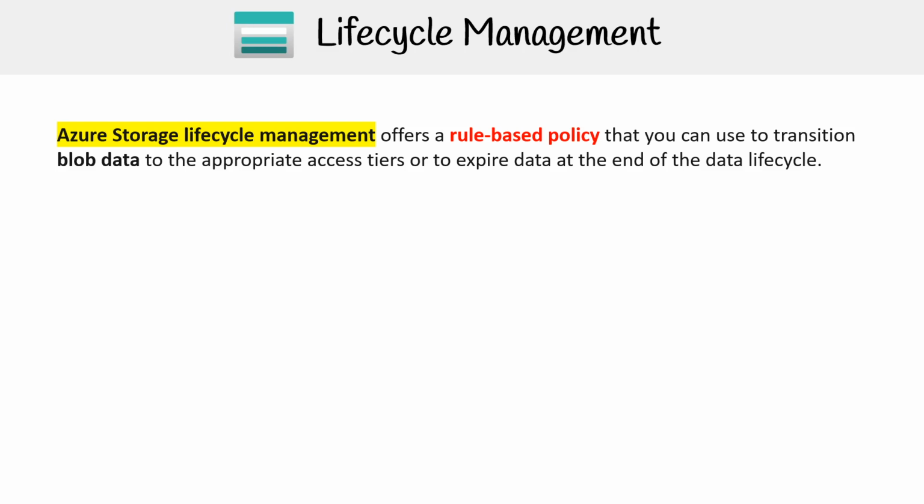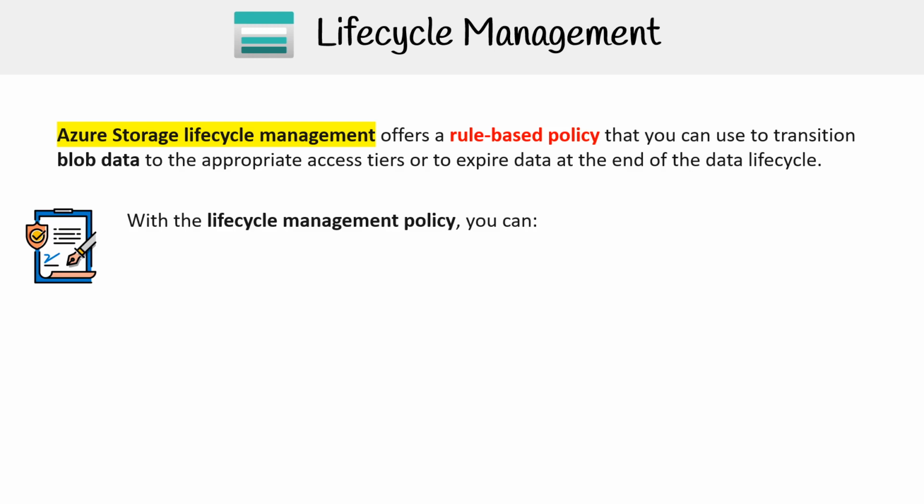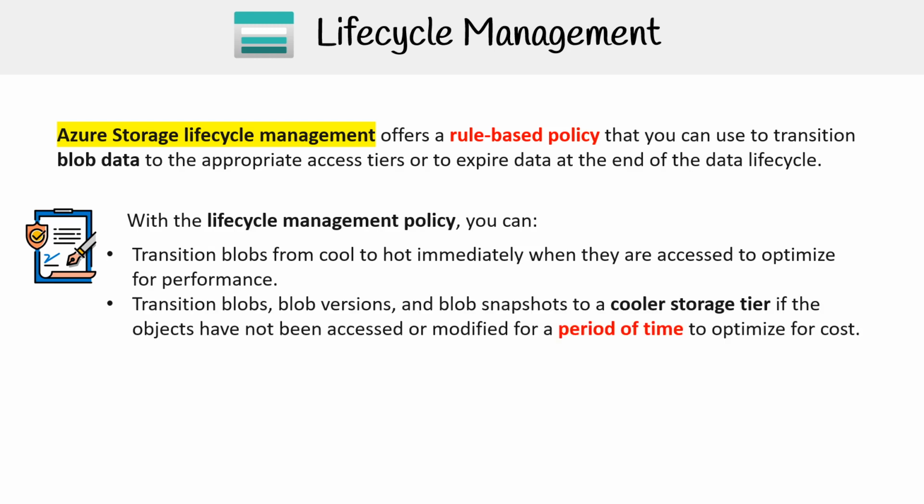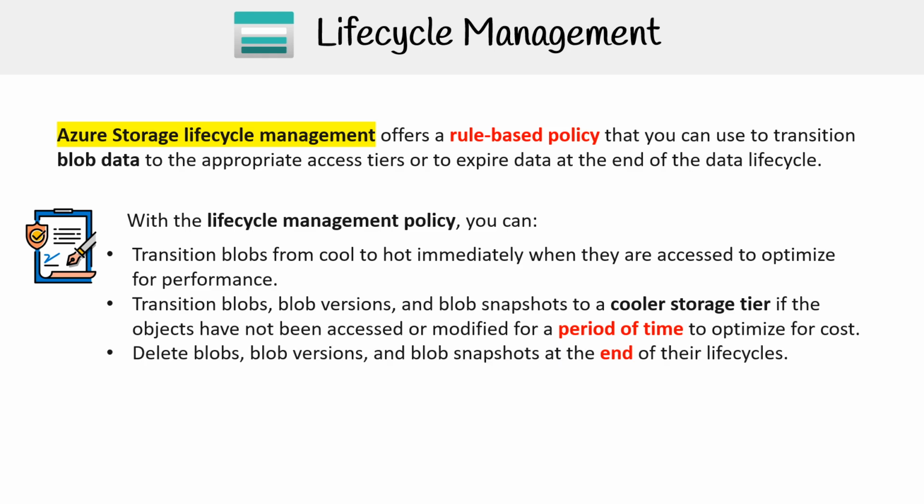We're taking a look at Lifecycle Management, which offers rule-based policies that you can use to transition blob data to the appropriate access tiers or to expire data at the end of the data lifecycle. So what you can do here is transition blobs from cool to hot immediately when they are accessed to optimize for performance, transition blob versions and blob snapshots to a cooler storage tier if the objects have not been accessed or modified for a period of time to optimize for cost, delete blob versions and blob